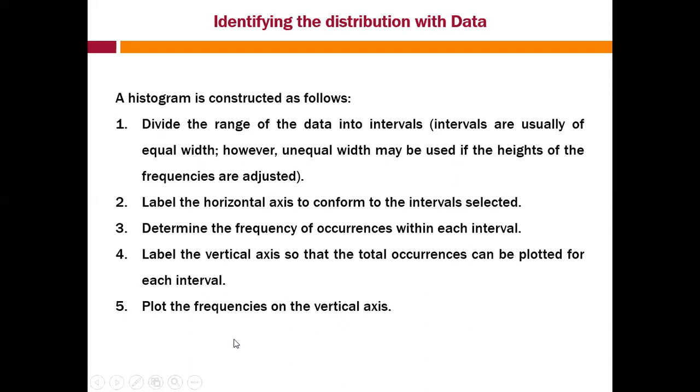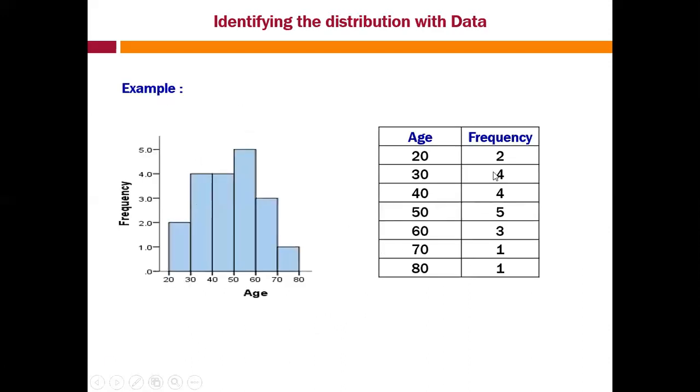And let us see one example. So we have a table having age and frequency. For this, the histogram looks like this. We have age on the x-axis and frequency on the y-axis. It looks almost like a vertical bar graph. The only thing is we will not have any gap between each of the vertical bars of values here. So this is one example of a histogram.